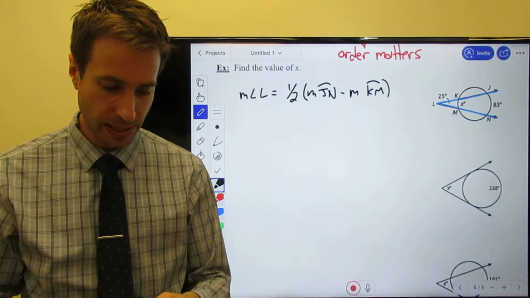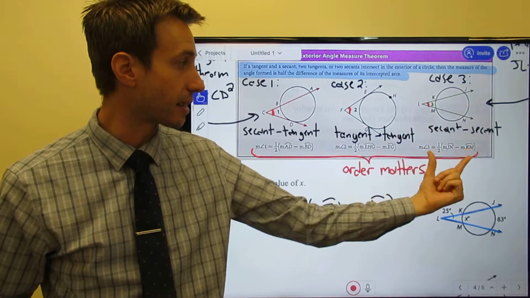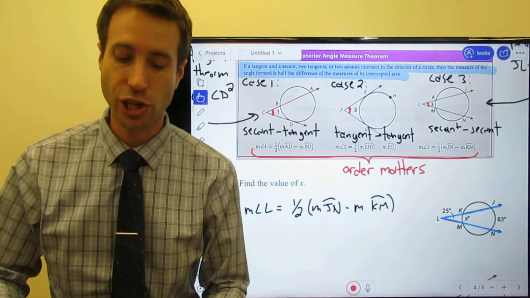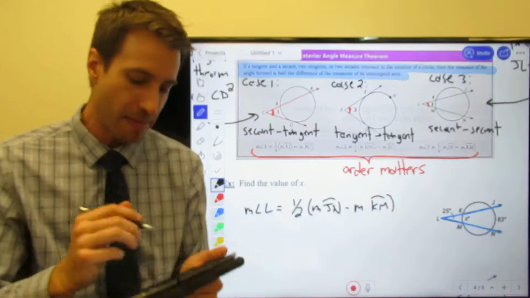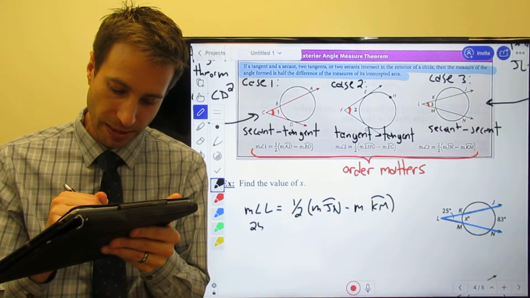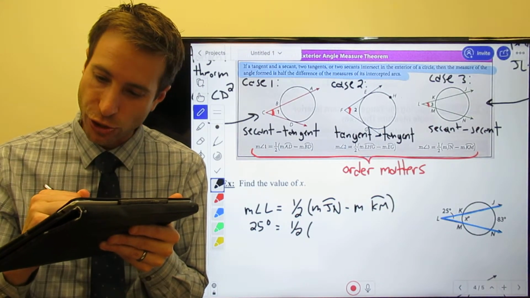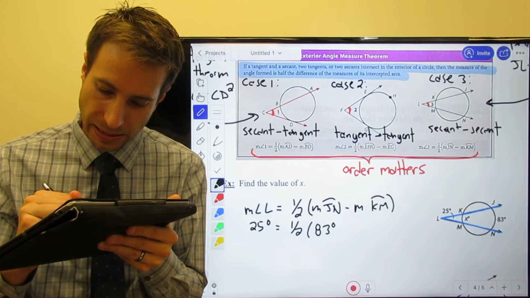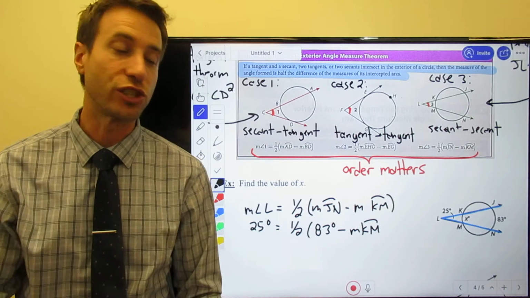Look right here: secant, secant. It's case number 3. There it is. Secant line. That's the formula. Plug and chug. Don't fat finger something on your calculator. We should be good. They give me the measure of angle L. It's 25 degrees. That's equal to 1/2 the measure of JN, which is 83 degrees, minus the measure of KM, which is what I've